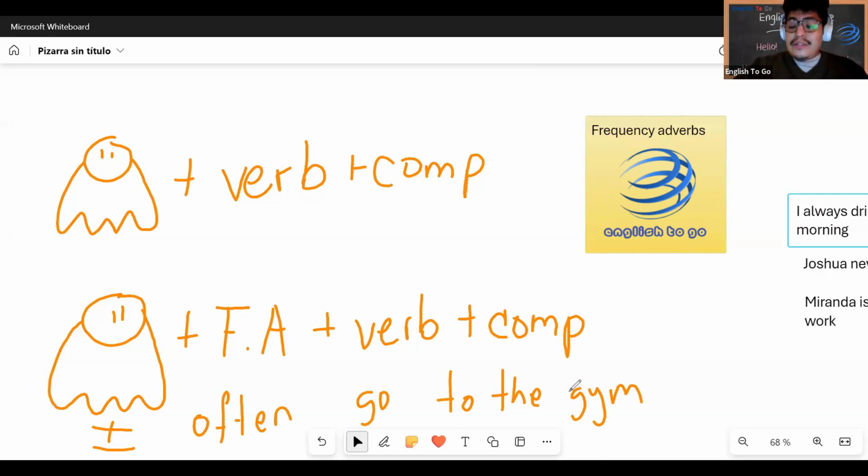Come on, take your time, analyze the formula, and compare this formula with the exercises you did before. Okay? Are they correct? Please check if they are correct or cross out if they are not correct. Okay? I trust you. Thank you very much, guys. Let's go to the next activity.